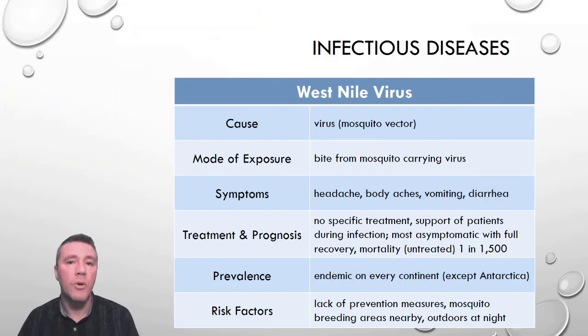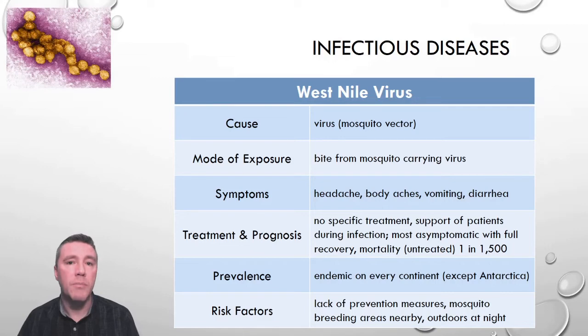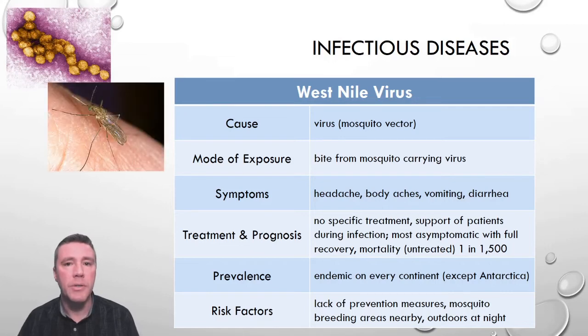West Nile virus is most commonly carried by mosquitoes, which can infect a large number of bird species as well as about 30 mammals, including humans. Since there is no vaccine or specific treatment for West Nile virus, the best approach is to reduce the risk of infection by avoiding mosquito bites.